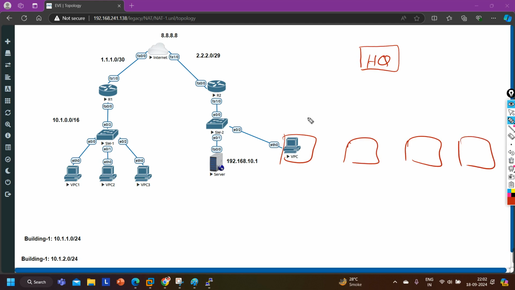Then it will be very complicated to configure GRE, because GRE is point to point. We can configure the tunnel between headquarter and branch 1, headquarter and branch 2, branch 1 and branch 2. So between three sites, I need three GRE connections, and on each we will be using one separate subnet.